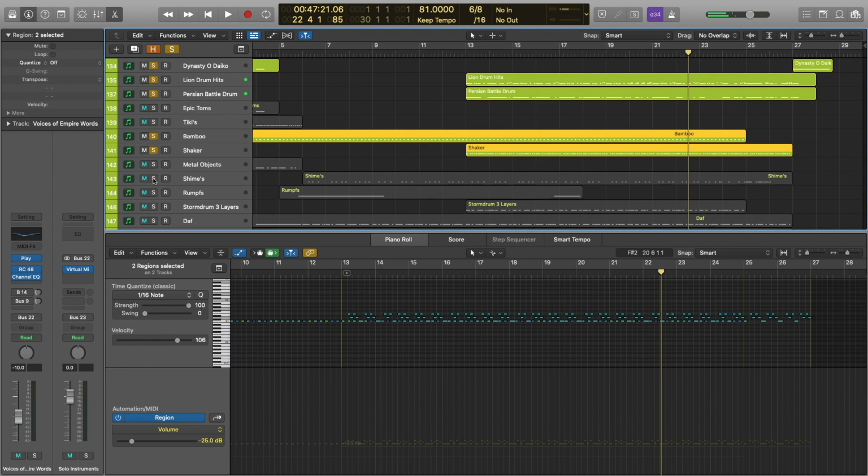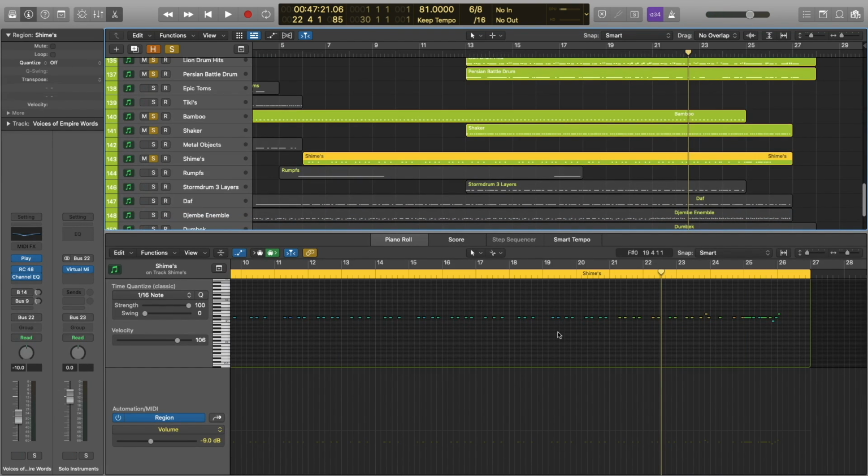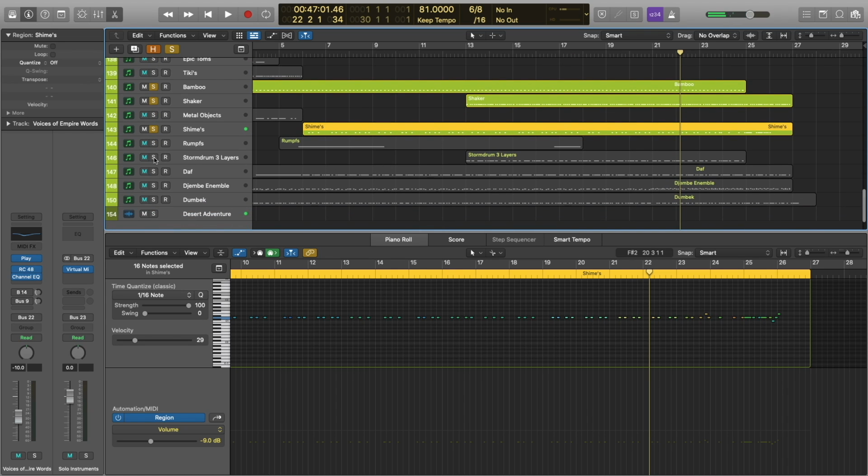And just for the sake of time, we're going to stop it there and add in the chimes. That's what they sound like by themselves. Again, we're going to stop it there for the sake of time, and then we're going to add in the Storm Drum 3 layers as well as the DAF.